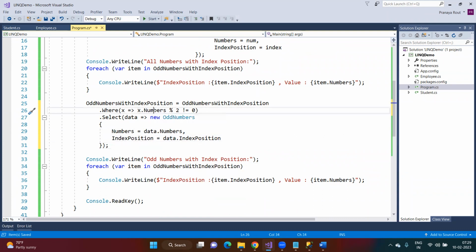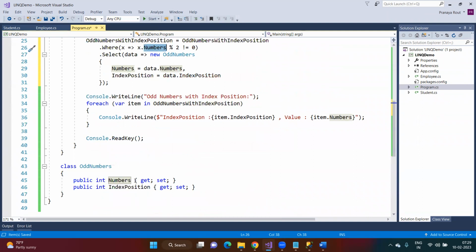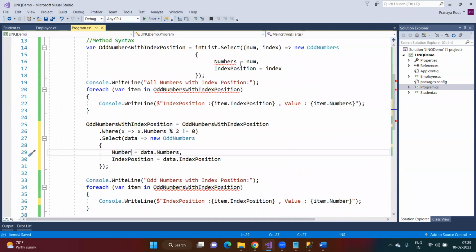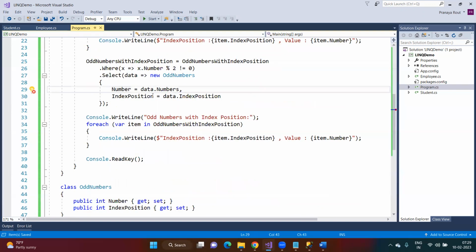The condition is if the number, it is better to use number instead of numbers. What exactly is it saying? Whatever the data in this collection, if that number is modulus division by 2, and here I'm using the operation not equals to